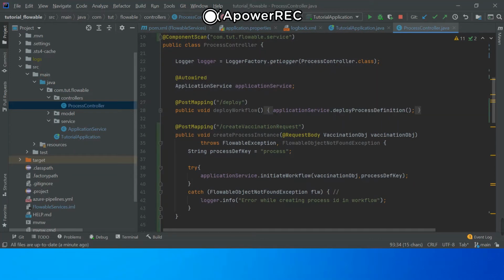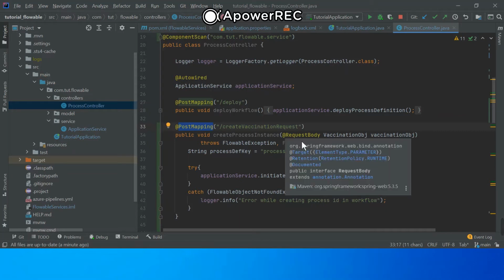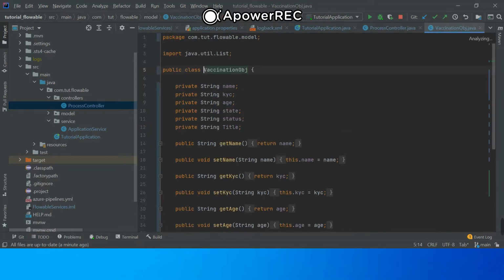First, for instantiating any new case, we have created this create vaccination request API, which is a post mapping. It is accepting a vaccination object request body, which will have details like name, KYC, age, status, and title of the person who is going for vaccination.